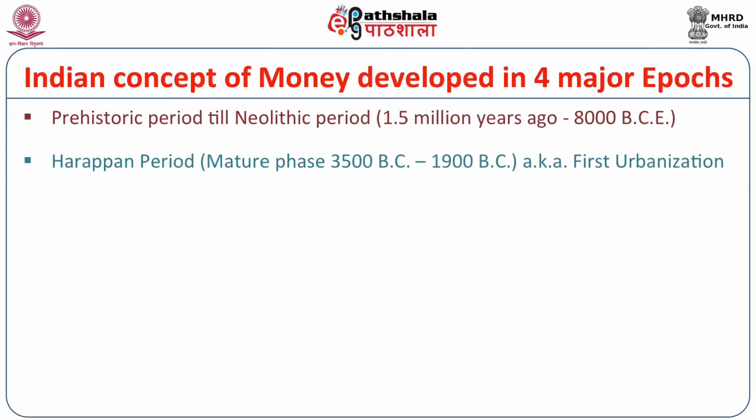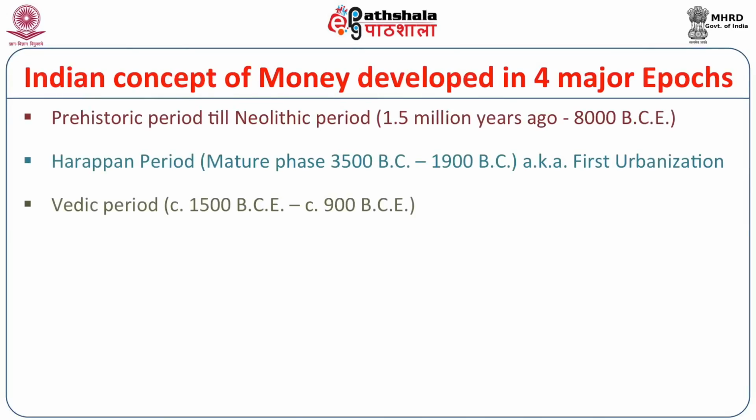Then there is the Harappan period, whose major mature phase was between 3500 BC and 1900 BC. It is also called the first urbanization of India. We'll be looking at the possible forms of money in that period. Then we look at the Vedic period, which lasted from 1500 BC up till 900 BC. We are going to look at the primitive form of money where the cow was regarded as the major form of money,